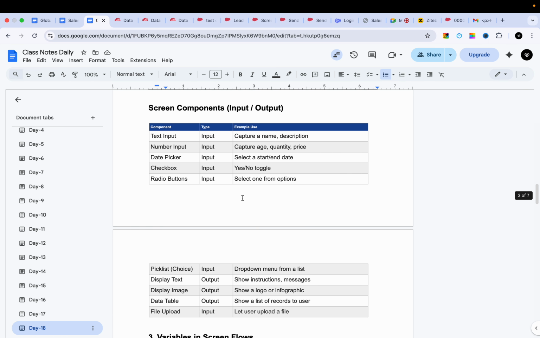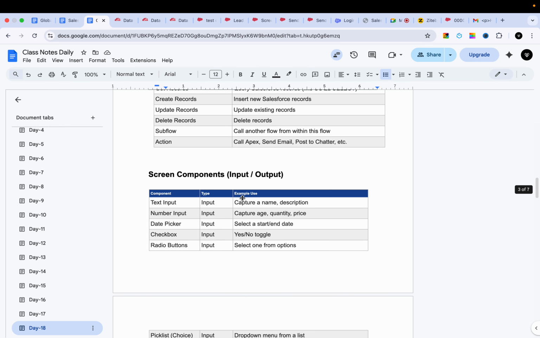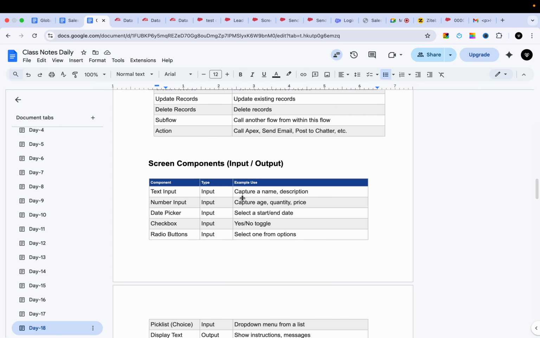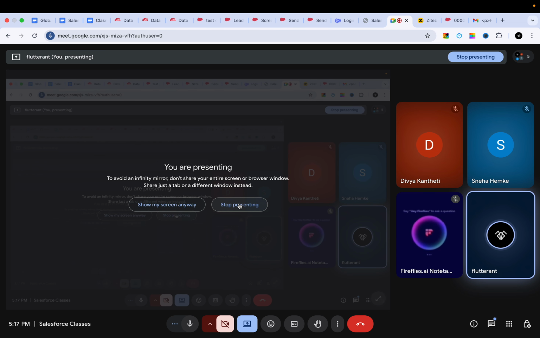For today, that's all. We have completed the screen flow introduction. We understood what a screen flow is and saw the basic example, along with the record trigger flow. That's all for today. I hope you got the